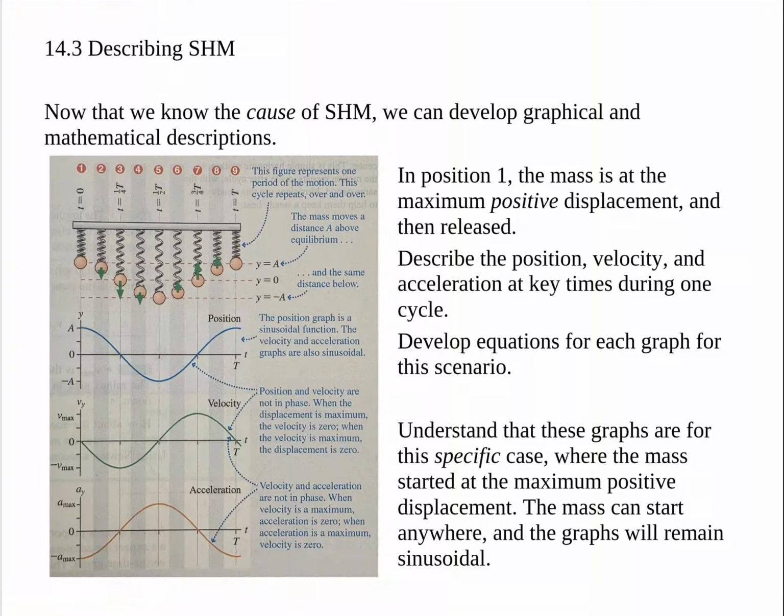So now in section 3, we're learning how to describe the simple harmonic motion. Remember, SHM is simple harmonic motion. So now that we know the cause of simple harmonic motion from previous sections, we can develop the graphical and mathematical descriptions. So I have this picture here from the book, and